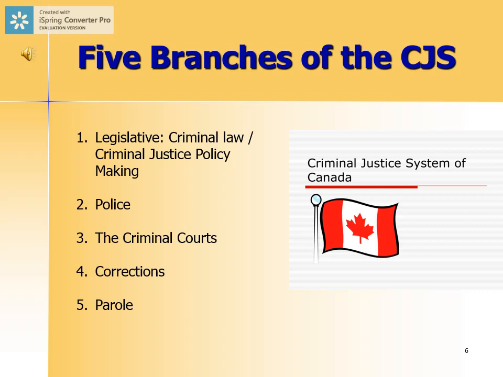Because the system is so much based on human decision making, the system takes into consideration the discretion of the individual actors. In other words, the actors in the Canadian criminal justice system, the police and the judges and the prosecutors, have a tremendous amount of discretion as far as their decision making is concerned. And that's absolutely essential to what would otherwise be a very rigid criminal justice system. It's essential to interjecting some discretion and some flexibility in the system. So a police officer, for example, has a tremendous amount of discretion as to whether to lay a criminal charge or not, or how to proceed with a particular case.